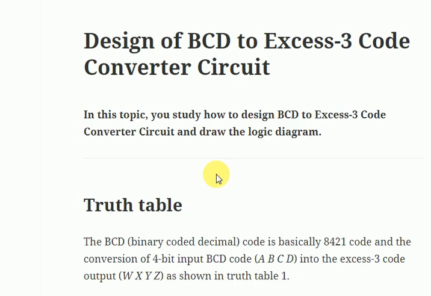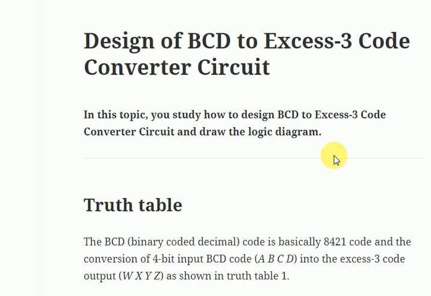So here we have the BCD code, and in the BCD code we are adding 3. The binary numbers, the combinations that we get after this, are known as the XS3 code. So first of all, we will see the truth table.